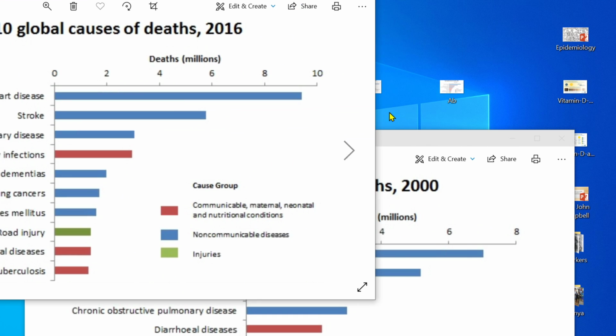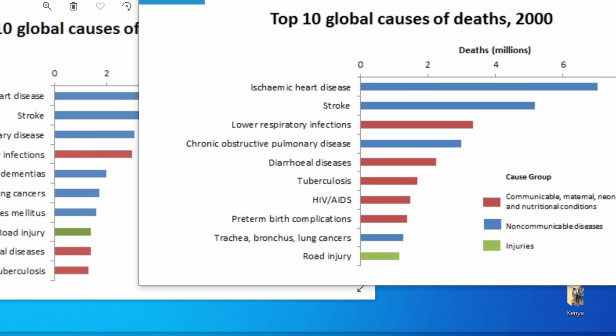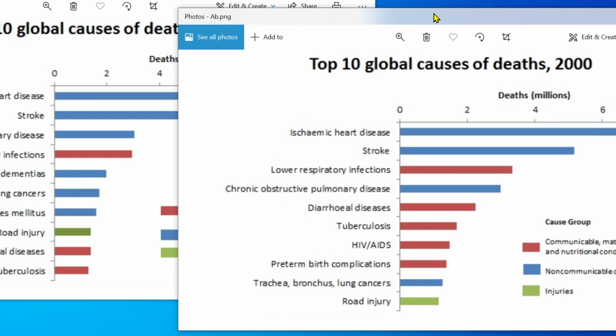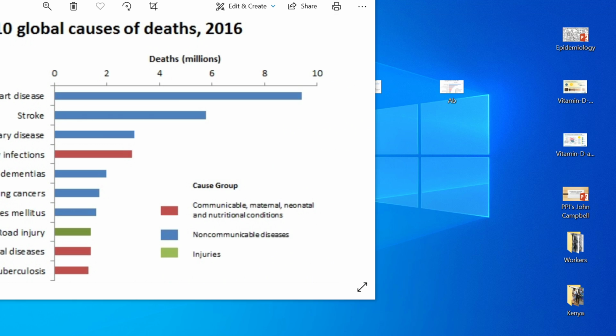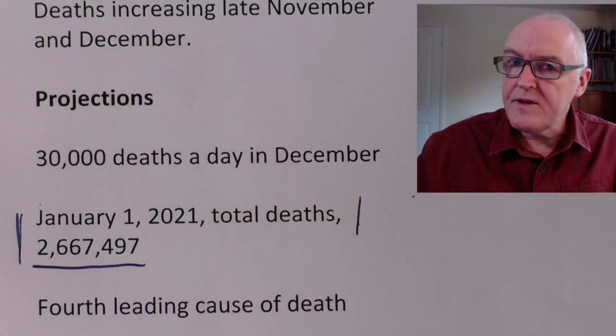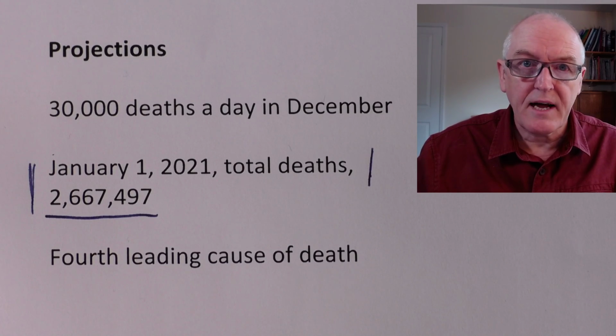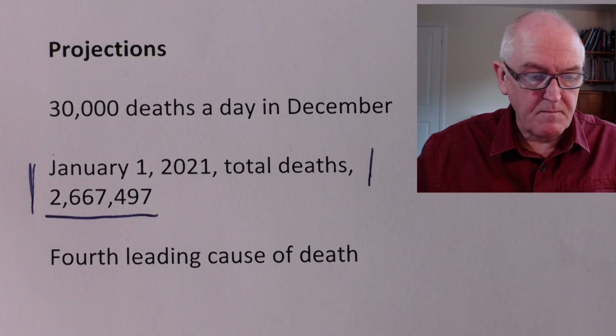If we can compare these side by side, I can click the right button. So those were the numbers of lower respiratory infections in 2016. This is the bigger bar here in 2020 because of the additional COVID deaths. Just a minute, gone completely to pieces here. There we go. So what this would mean is it would be the 4th leading cause of death in the world for this period of time.